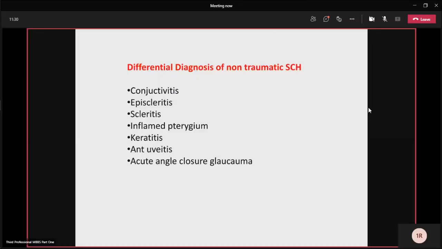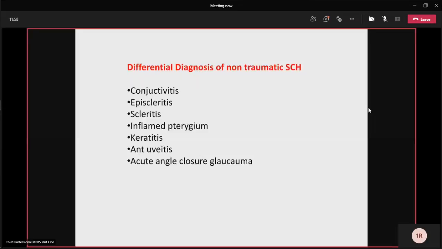So how will you differentiate with all of them? Okay, in case of conjunctivitis, the patient comes, then you'll find the upper bulbar and the palpebral and bulbar, both conjunctiva will be congested. And conjunctivitis is associated with generally discharge, maybe watery discharge, purulent discharge, because conjunctivitis involves diffuse congestion of the blood vessels of the conjunctiva.